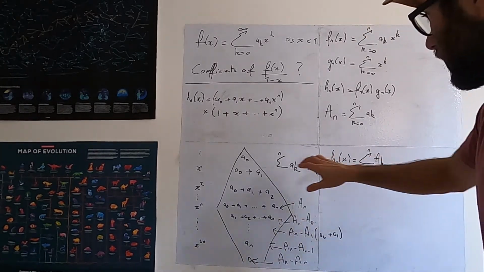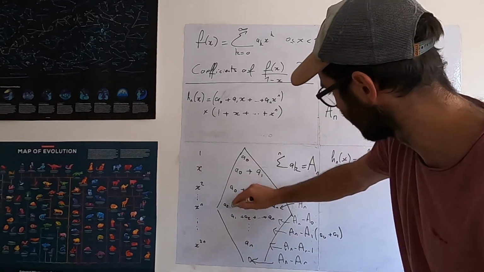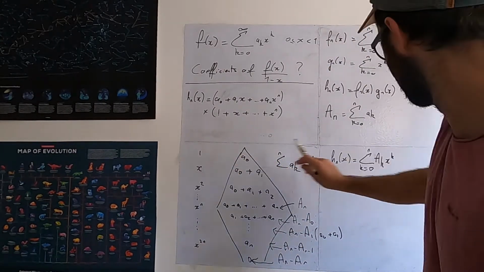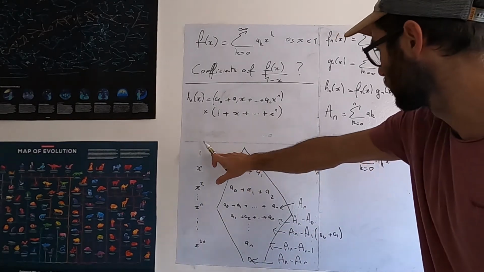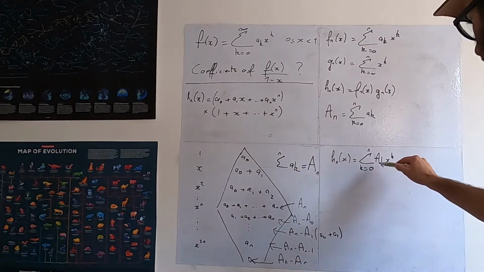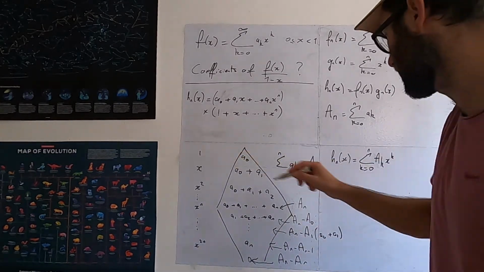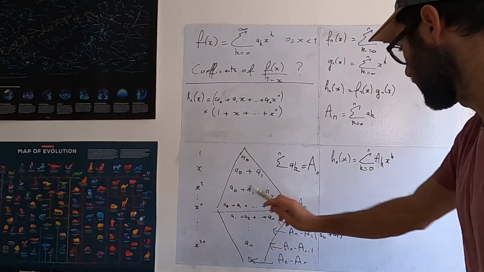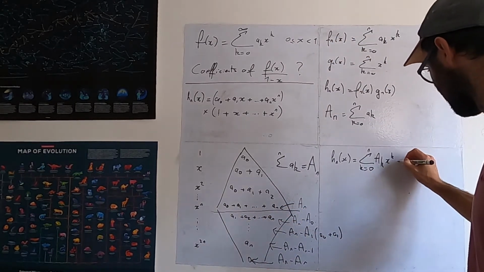So that's the sum of all of these terms times x power k, right? The first term is going to be a0 times 1. The second term is going to be a0 plus a1, which is big A1, times x, etc., all the way here. So we just reached this part. Then the rest is going to be plus